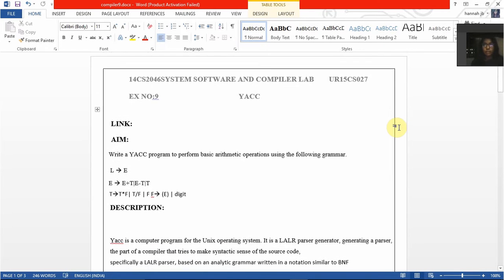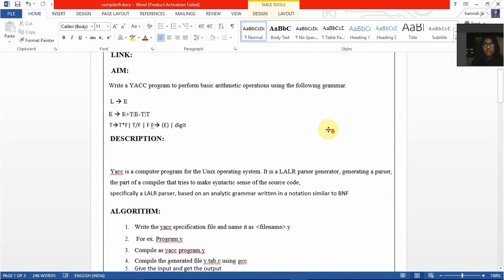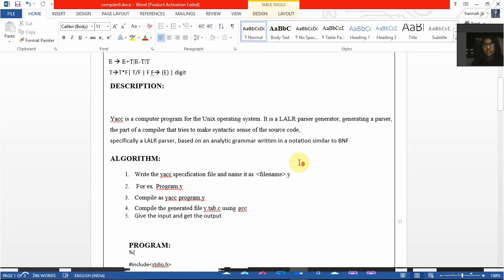I've come here to record my ninth experiment of my compiler lab, and it's about the YACC program. As we had already seen about the LEX program in our previous experiment, this is defined from the same language, and it normally comes from your LALR parser, where you're going to parse a syntax, and that's going to come out in the form of your parse tree, and this will be written in your